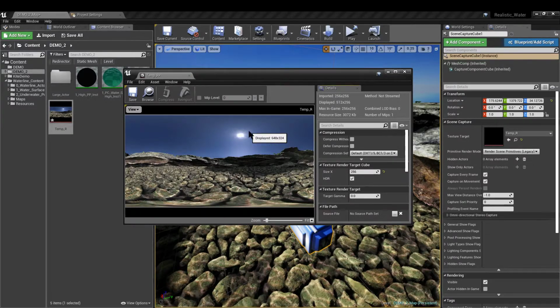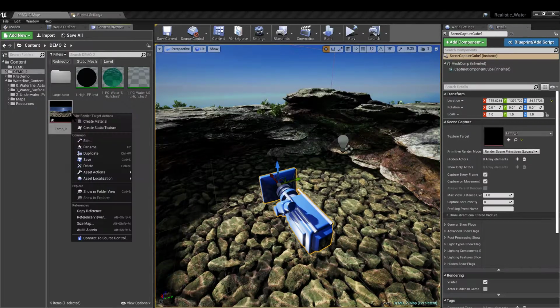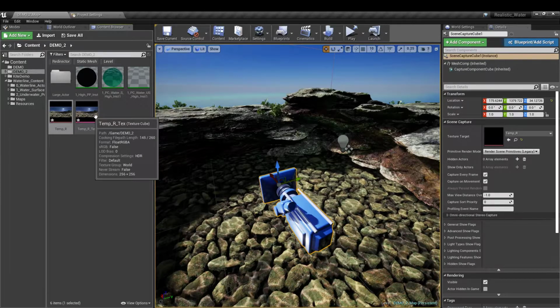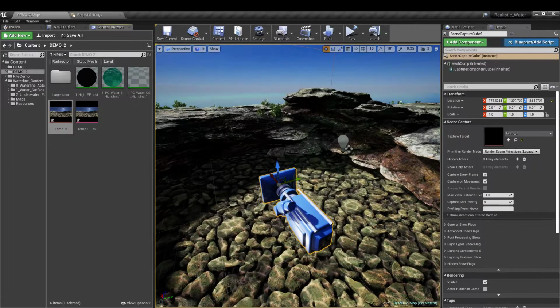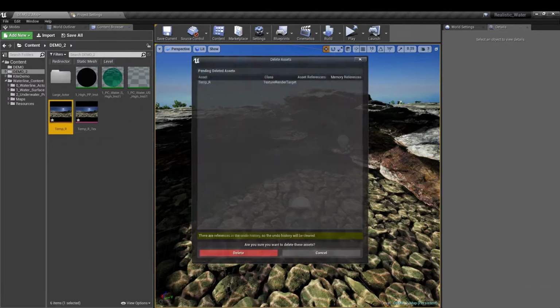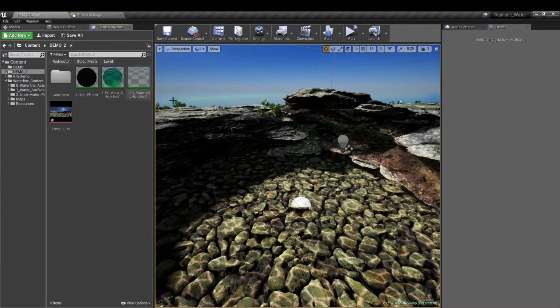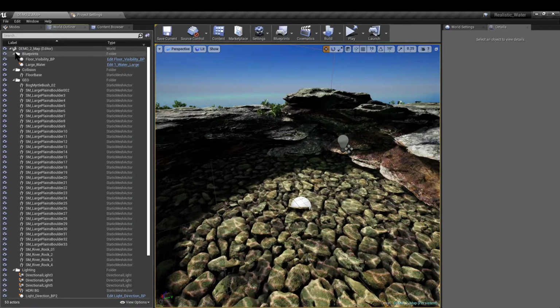Now this is basically rendering the scene again, so it's a pretty high and expensive effect, so we don't really want to have it in our final scene. So what we can do is right click on it and say create static texture, and now we basically have a cube map of this area. We're going to go ahead and delete this. Delete our camera and then delete our render target. And we're going to unhide